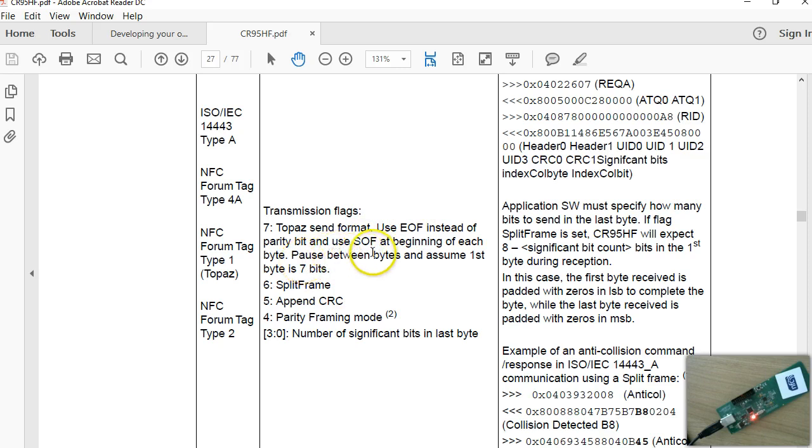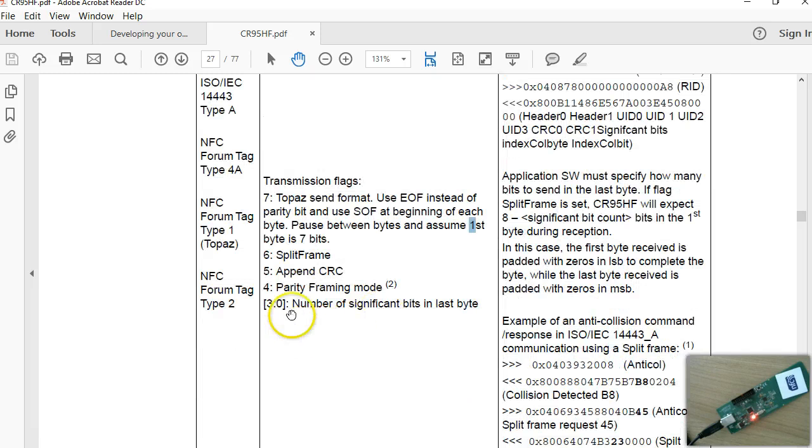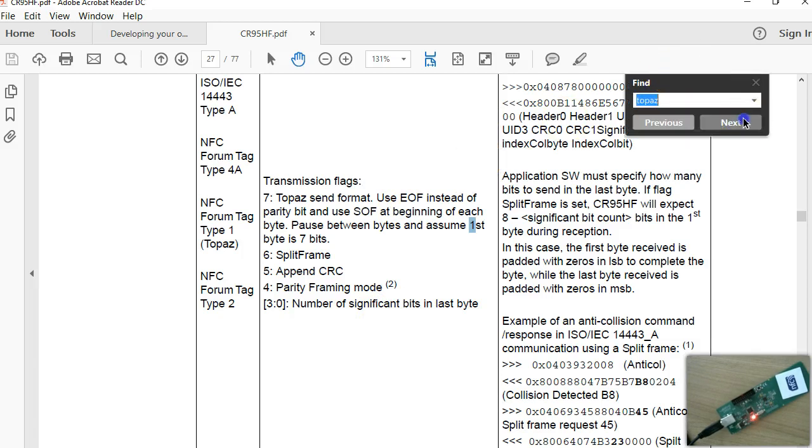So pause between bytes and assume the first byte is 7 bits, and we know that every Topaz command is 7 bits. So you have to set this bit as 1, and the 8 indicates the last byte, which is 8 bits in the last byte. So if you search further down,